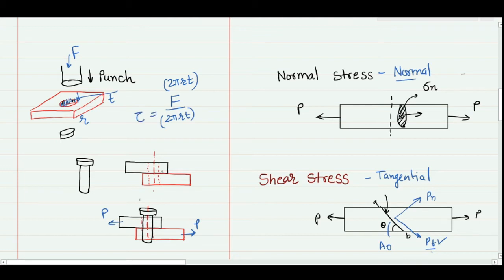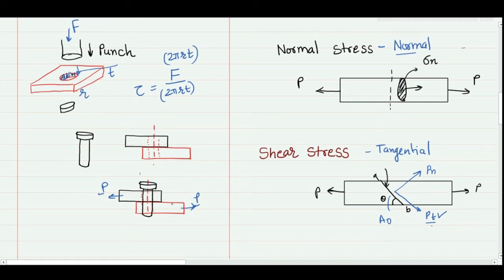Similarly, if I have two plates with a hole and I put this pin inside the hole, and after putting this pin I apply a force P here. If I am interested to see the forces in the plate, I will consider the area which is perpendicular to the load. With respect to this area I define the normal stress. But when I see the resisting area for the pin, I can identify that the area which is parallel to this loading is responsible to resist the deformation. This area is nothing but pi r square, where r is the radius of the pin, and my loading is acting parallel to this area.